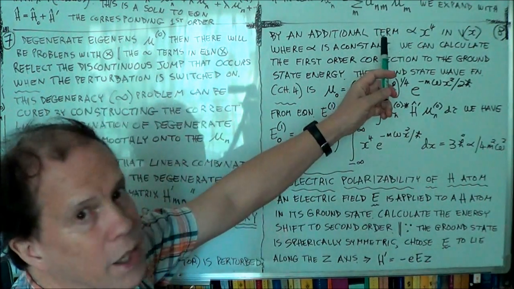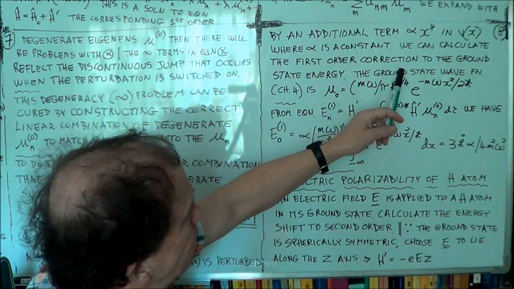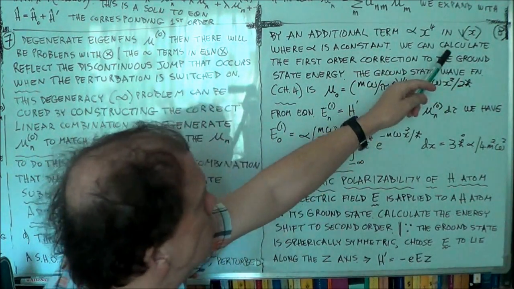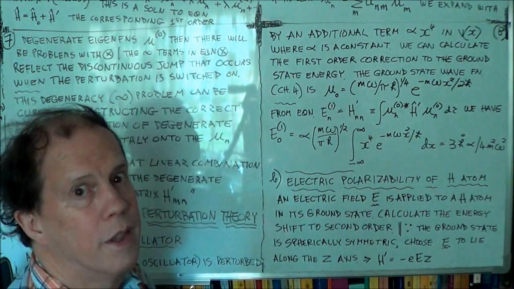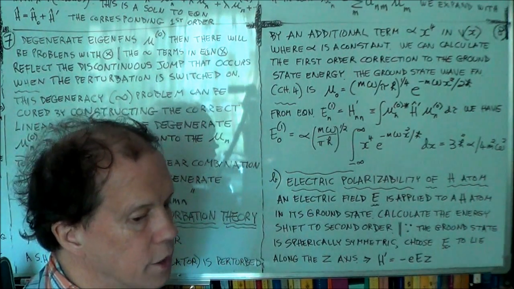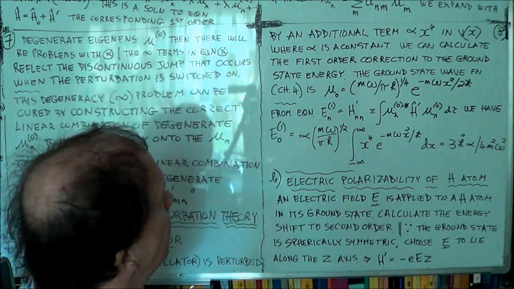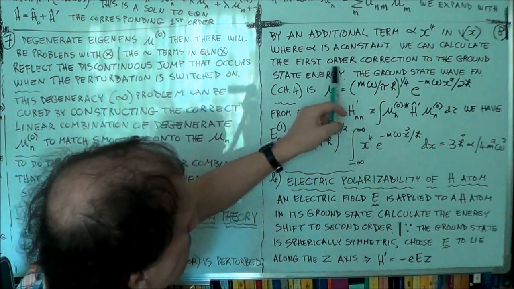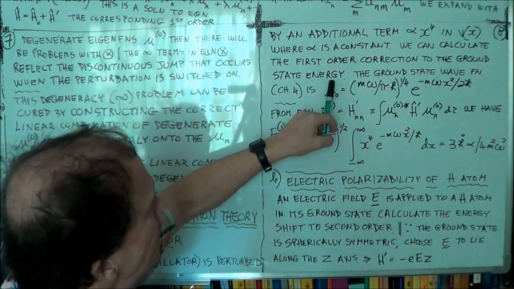This is quantum mechanics. So just say this is an extra term. This is your H dashed, your V, or the potential in your Hamiltonian. Right? Now, so we'll calculate the first order correction to the ground state